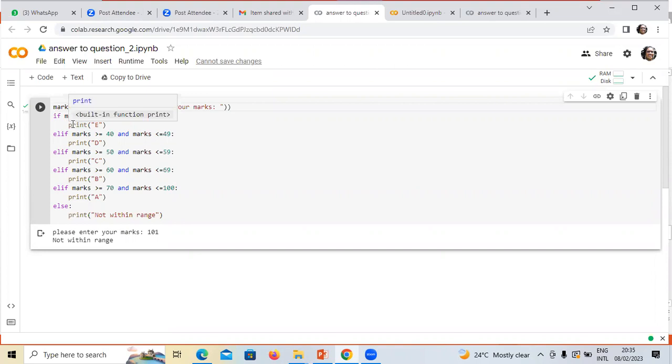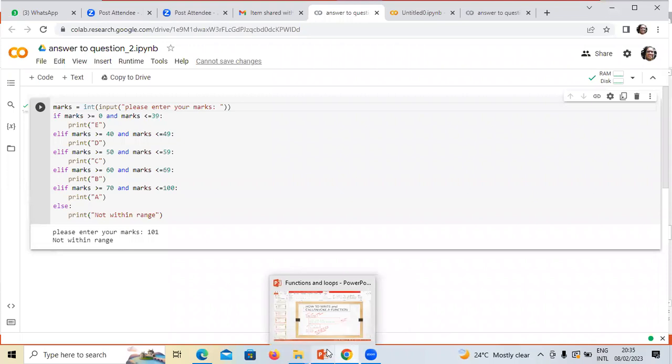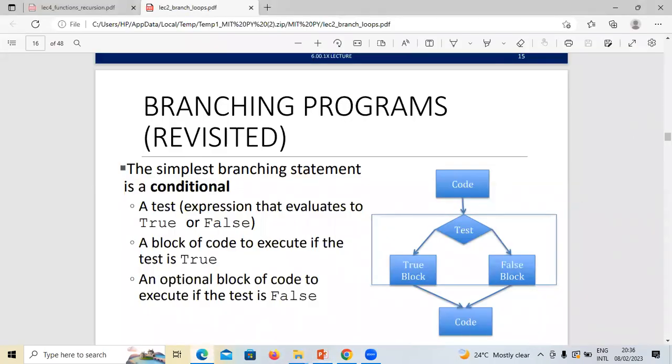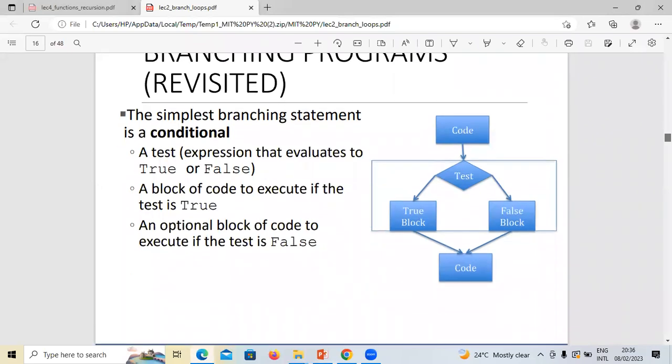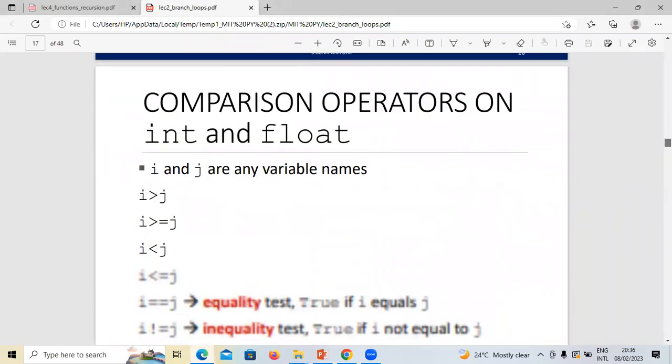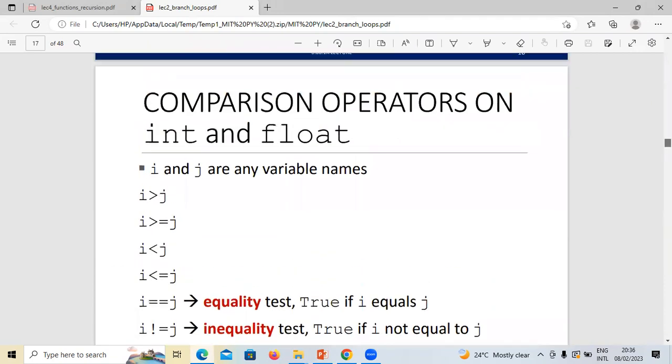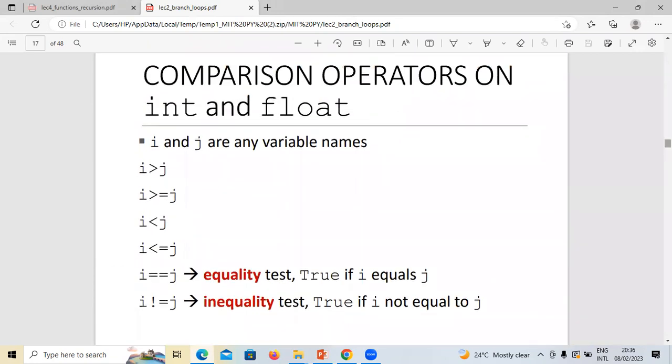And so we discussed indenting and the necessity of why you really should indent. I think that is enough for that. We talked about comparison operators. So when you're doing your branching,